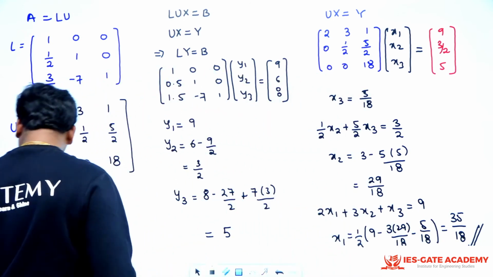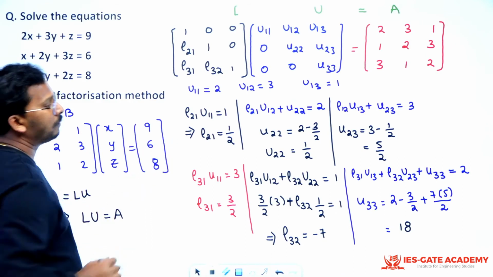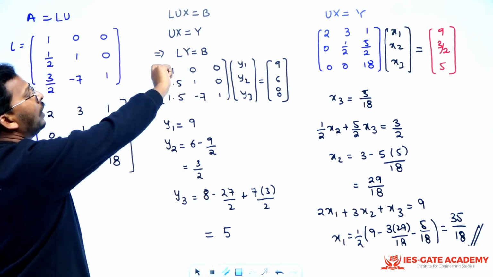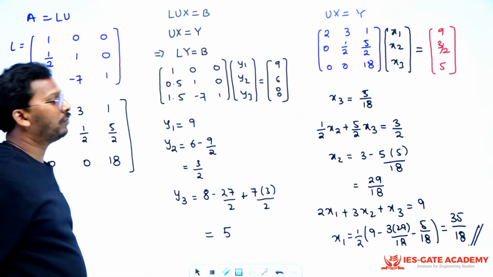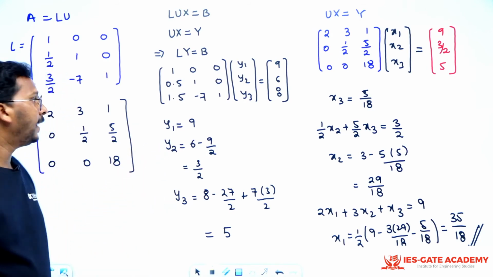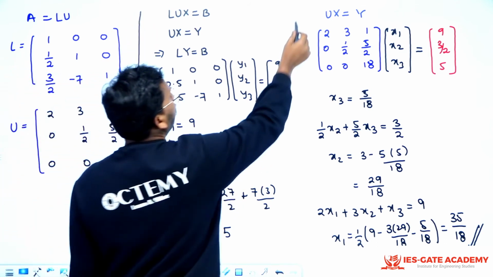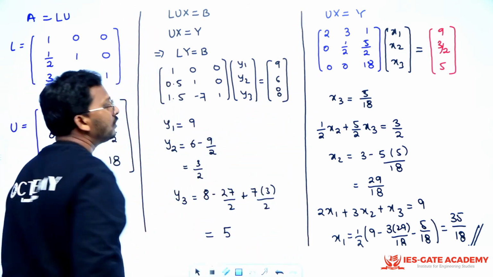This is how you find the solution, sir. This is the method to find the solution. First you have to do the decomposition. Then you have to do Ly is equal to b, then Ux is equal to y, then you will get the answer. y1, y2, y3 you will get, then x1, x2, x3 you will get. Right? So this is one of the direct methods to find your set of solutions of linear equations. This was a textbook question, sir.